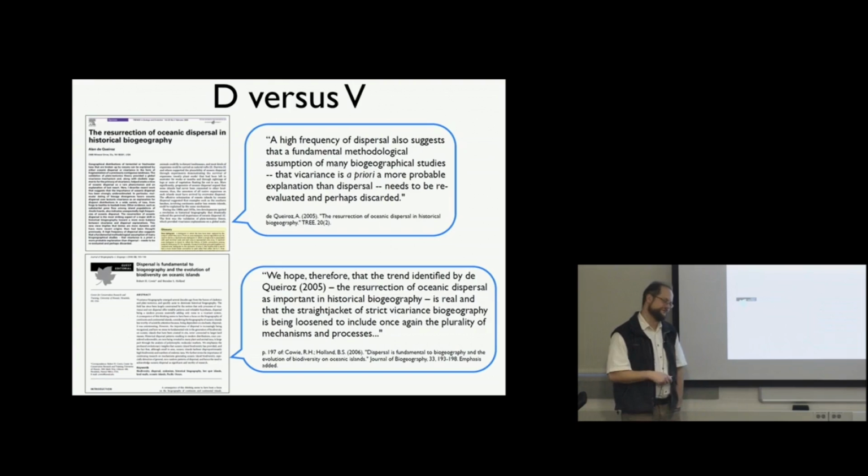And there's been a big push back towards the dispersalist side of the argument. Basically, a lot of these molecular dating studies have been done, and they've been increasing in rigor. And a lot of times when you do a molecular dating study and look at the divergence times of species within groups, their divergence times are much too young to be explained by plate tectonics. So if you accept the dating, it forces you to think that dispersal happened for some of these widespread groups. And so here's a couple of papers that made this argument, resurrecting oceanic dispersal, long-distance dispersal, really rare events,